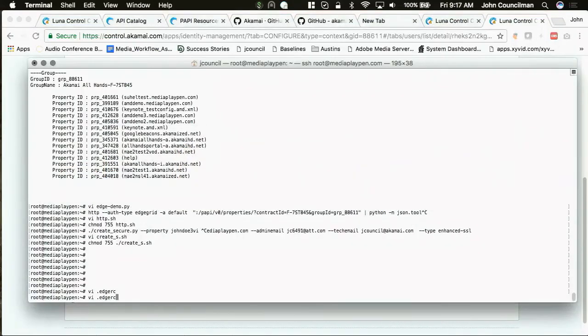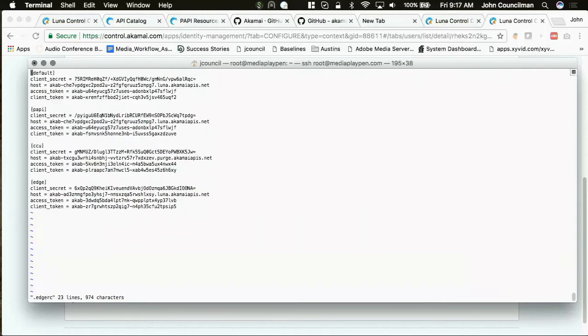No, I'll show you that in 1 second. Typically you would just use default. The file is .edgerc, so it's like a .bash profile or something in Unix. It's a typical dot file. Typically you would use the defaults,